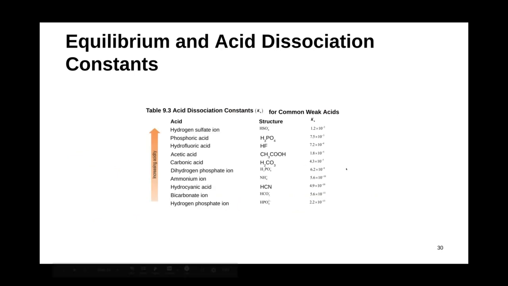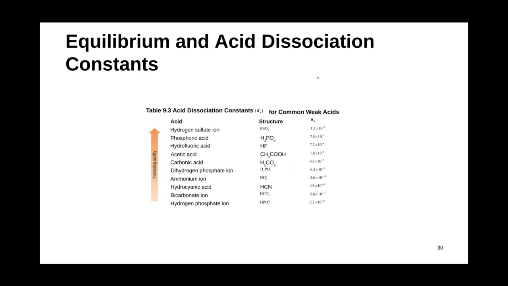So let's look at some of these Ka values for weak acids, like phosphoric acid and acetic acid. You notice that we have Ka values for weak acids, and you see that they're pretty small, right? For instance, we've talked about acetic acid a bunch, and this is just vinegar. Acetic acid has a Ka value of 1.8 times 10 to the minus 5. So they get pretty small, but these are very, very weak acids.